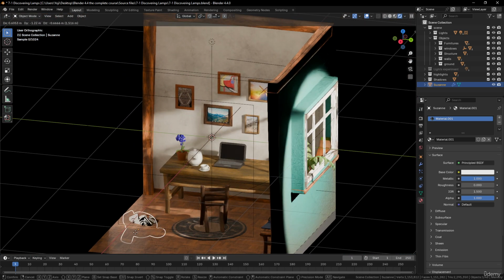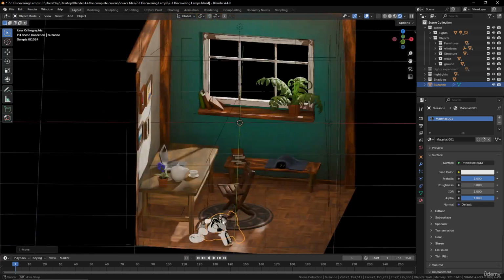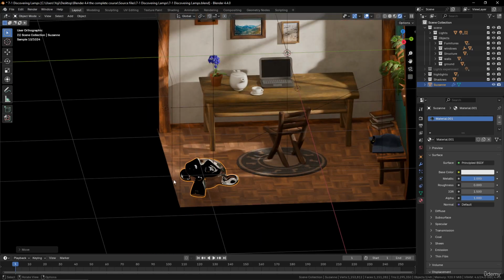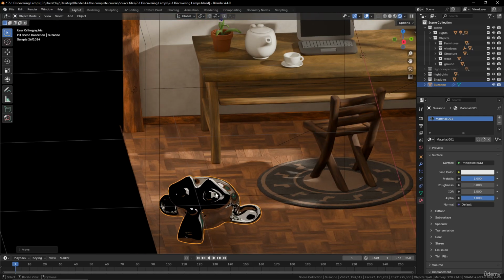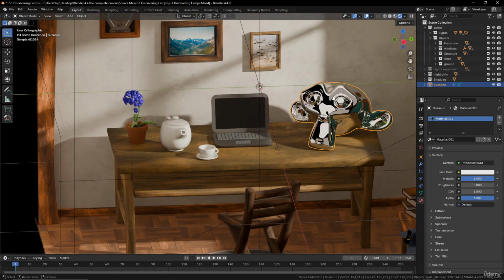Especially if Suzanne were here, for example, we would have a lot of these dark reflections in it, and it will not look realistic at all, okay? So what we will do to make the reflections better in this space, we will add